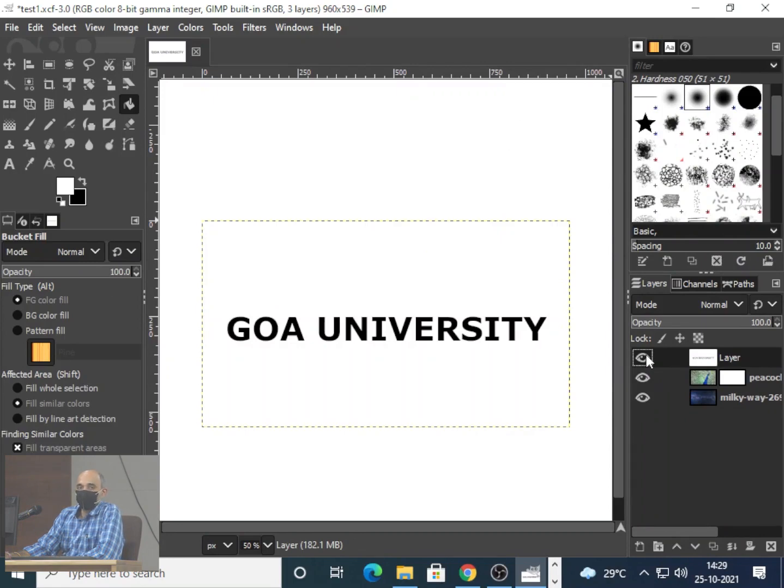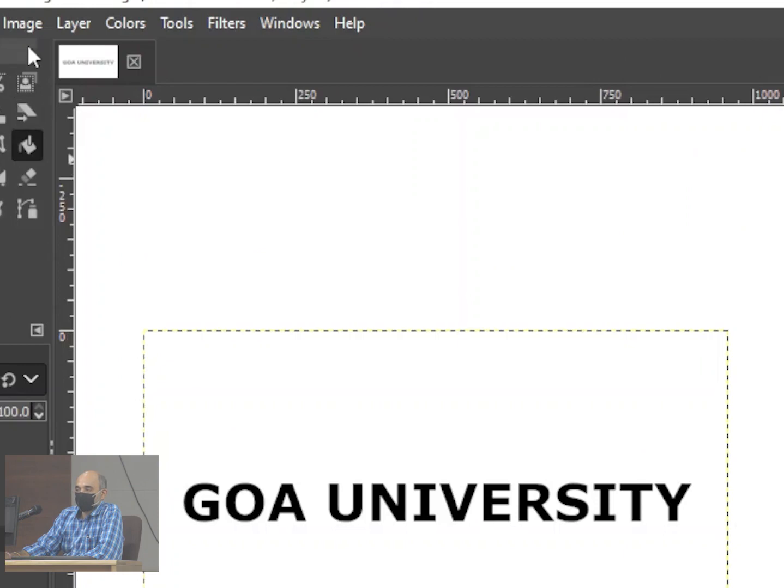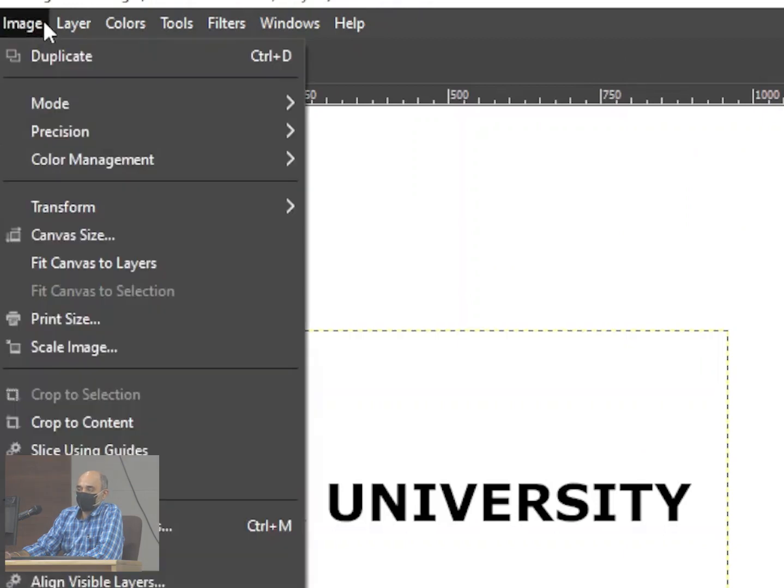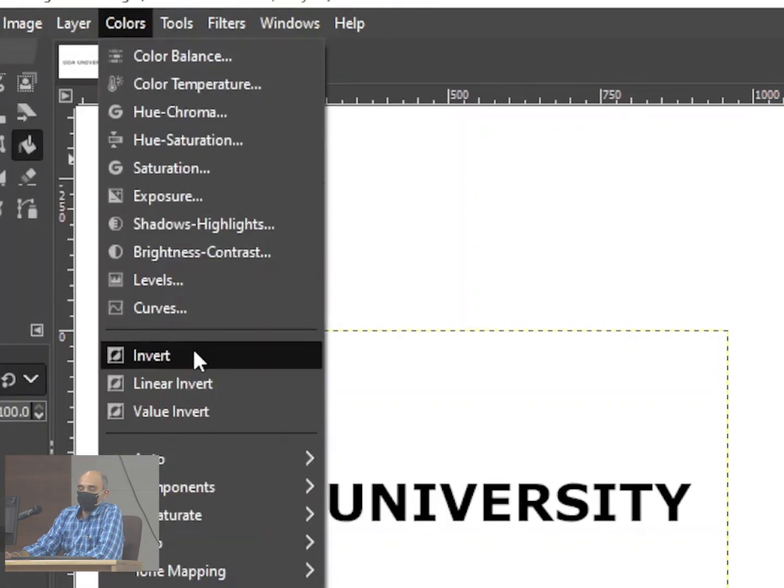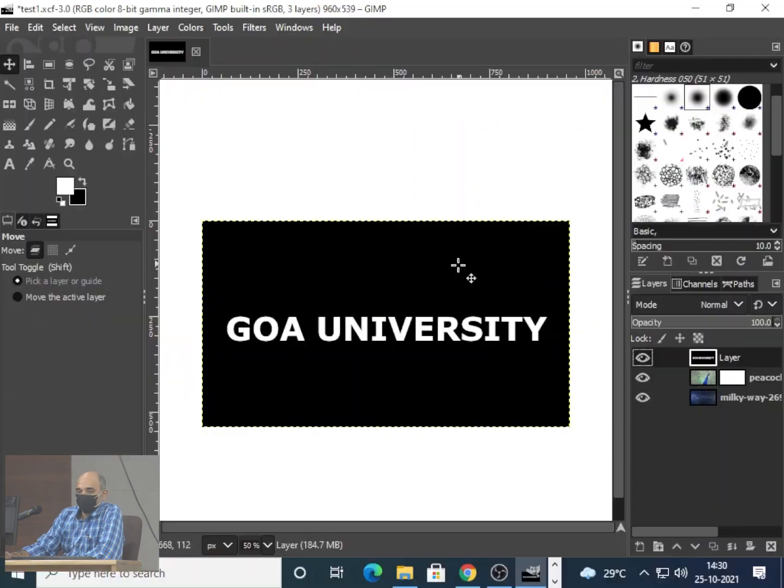Is this the mask you want? Remember what we had done earlier. Is this the mask that you want? What mask you want? Exact opposite, right? So you can go to colors and do an invert on it. Yeah, so this is what you'll get. So this is the mask that I want. If it's the other way around, what will happen? Only the middle part of that image would become transparent and the background would be shown there. So it depends upon what you want to mask, you can change the mask.